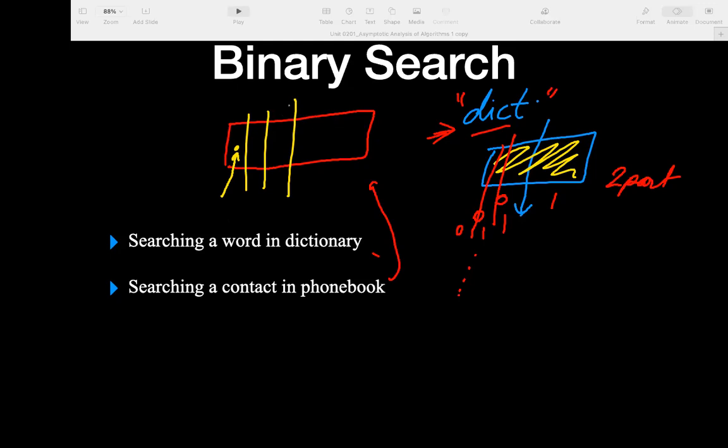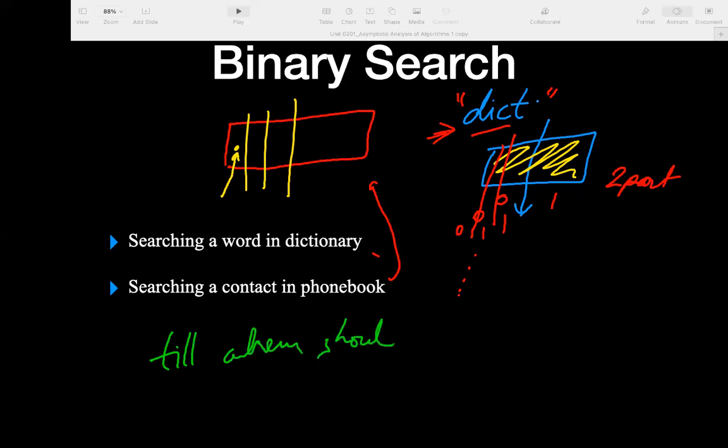Any questions? Did you get what a binary search is? We have a search space. We divide it into two parts, and for example, if DICT is there, we try to find out on which side it is lying. If it is lying on this side, we again divide it, and we keep on dividing. So the question is, till when